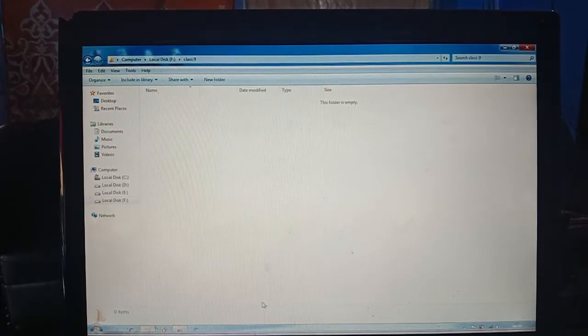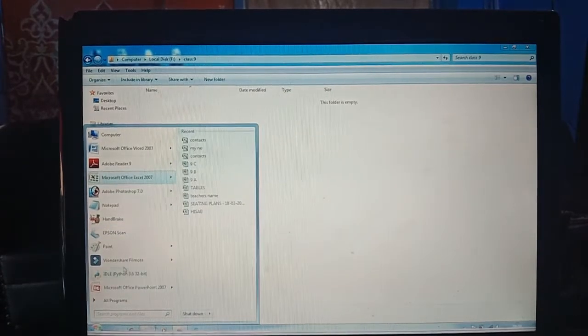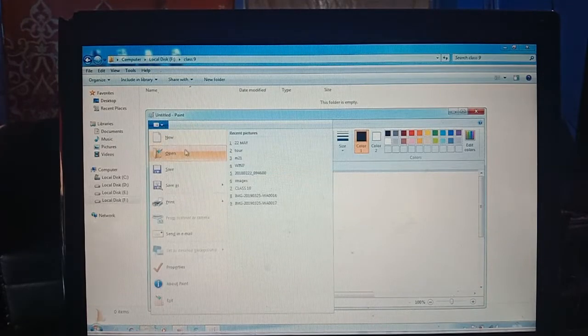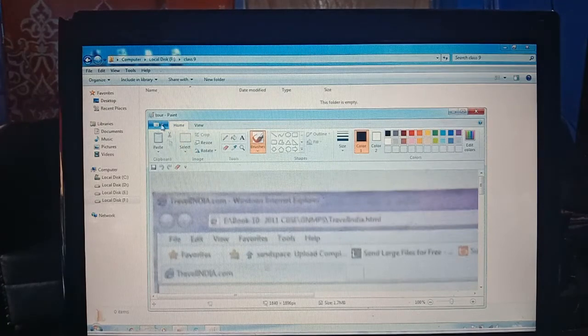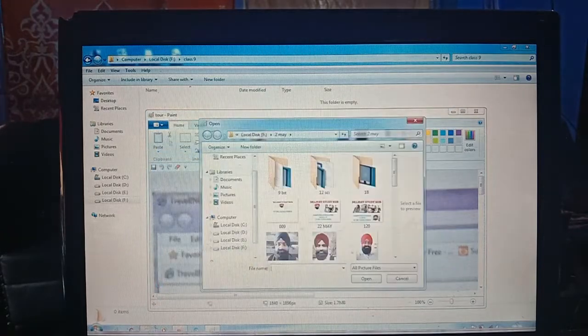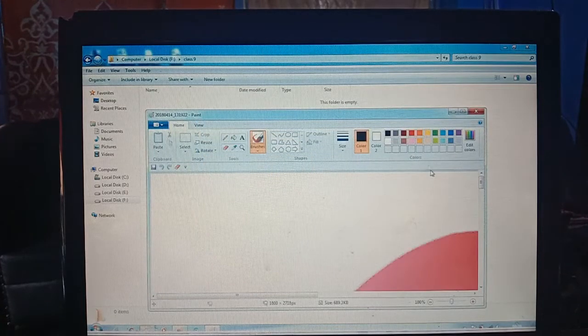Now if you want to save a file in this folder, you can go to the particular application you like, just like I want to use Word or Paint. Paint you can open, and I have one picture that I want to show here.